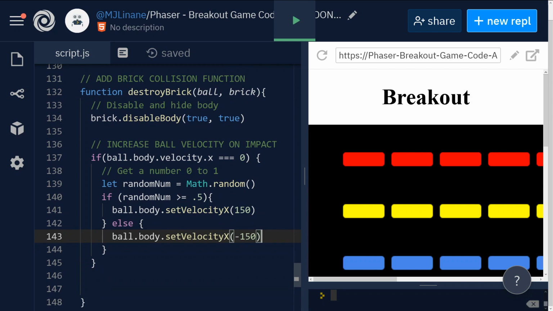So we're going to move it in a left or right direction dependent upon where it hits and a random number being generated. So basically, it rolls a dice, and depending on what that number comes up with, it's going to move it left or right. So if we go and we run it,